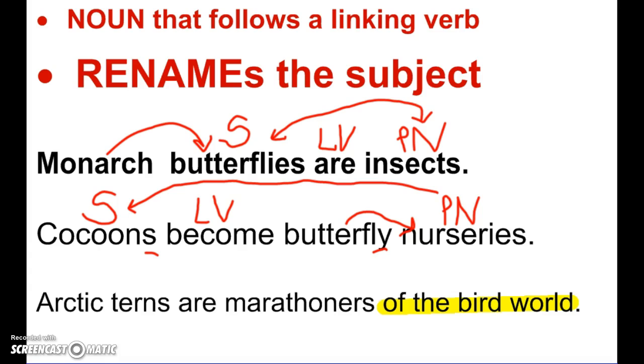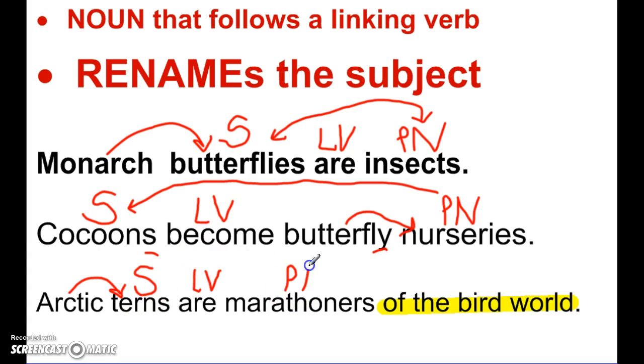Look for my subject. What's the sentence about? Not about an Arctic. It's about a tern. And a tern, in case you didn't know, is a type of bird. And I can tell by my modifier here where it lives. If it's Arctic, okay, it lives in the Arctic. Arctic terns. Are is my linking verb. I remember that for my test right away. Arctic terns are. I'm either describing the subject or telling me what those terns are.